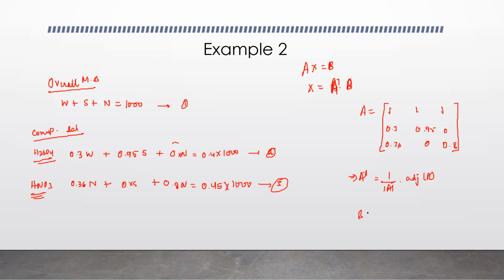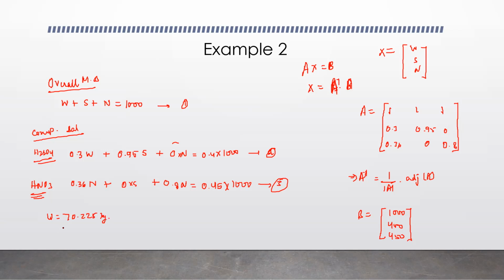And then matrix B is going to be the matrix of all the constant terms. That is, for the first equation you have 1000, for the second equation it's 0.4 into 1000, that is 400, and for the third equation it's 0.45 into 1000, that is 450. All right, and X is the variable matrix, that is of course going to be W, S and N. So on solving, you get W, that is the waste acid that is present. So W, you will get 70.225